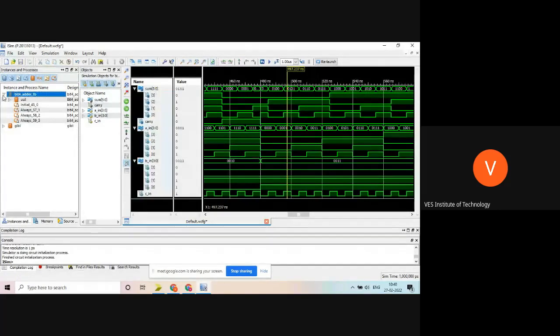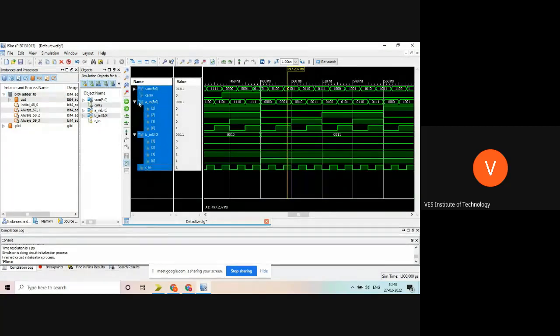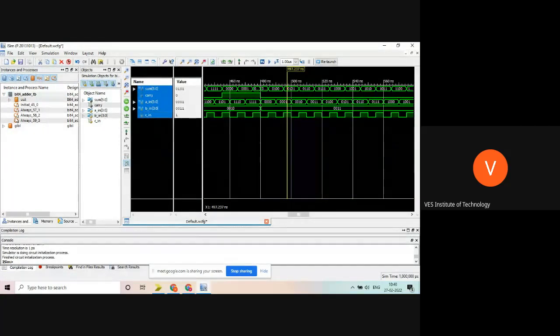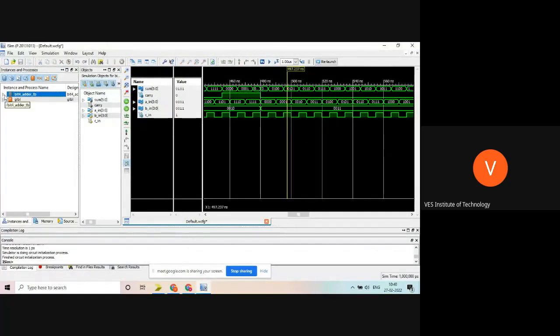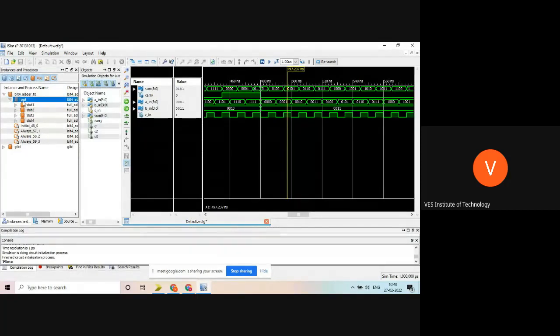Another thing you can do is, if you want to see the internal signals of the modules, that is also possible in the simulation. On the left hand side you can see the bit adder TB. Under that click on UUT. Under UUT you will find multiple signals.